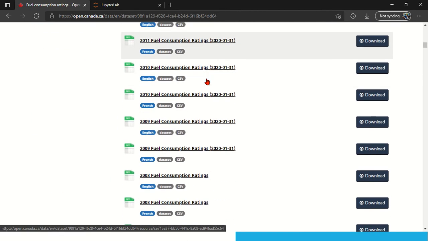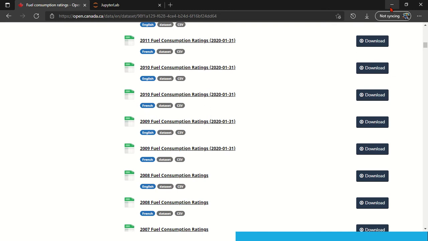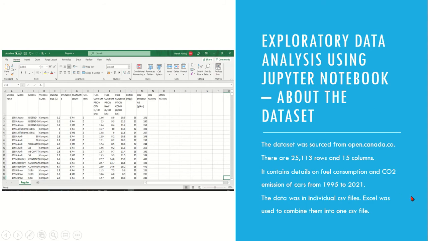So I downloaded all these files into my local drive, and then using Excel, I combined these files into a single CSV file. After combining into a single CSV file, the final rows were 25,113 and 15 columns.